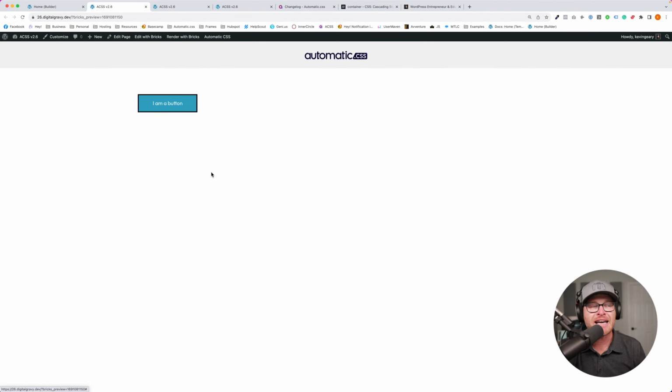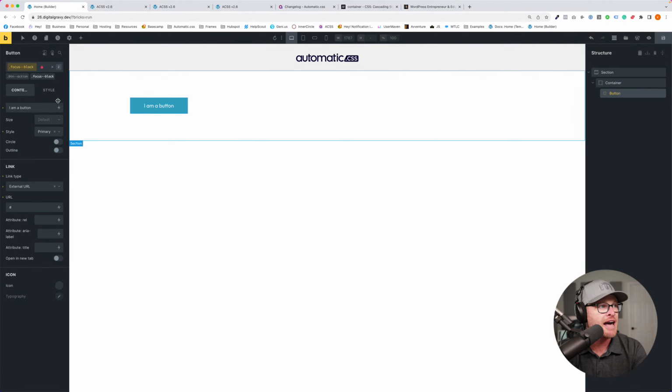On the fly, I was able to change that focus to black. Now you could do that by default, by the way. You can target all of your buttons and change their focus color by default. That's a possibility too. But the utility class gives me the ability to do this on the fly. But now let's take a look at if I did border radius here.